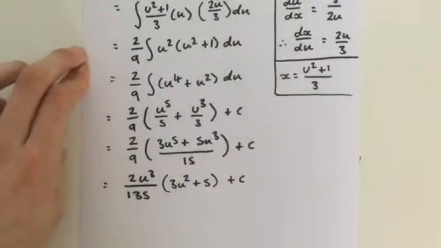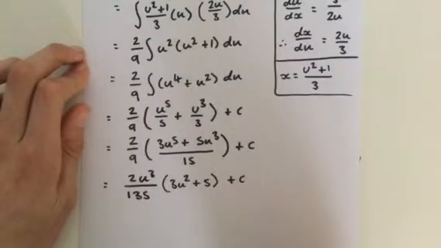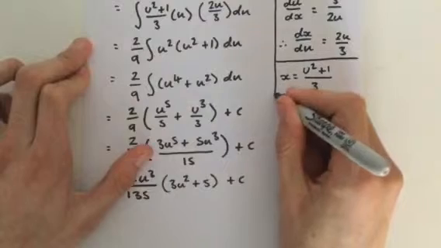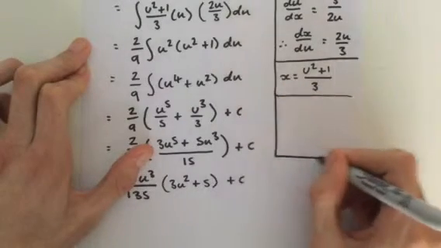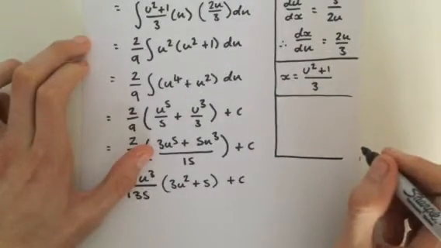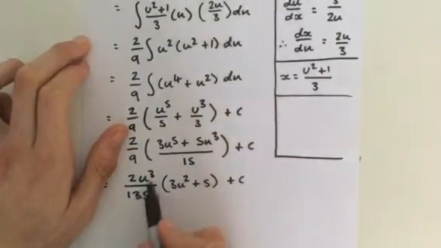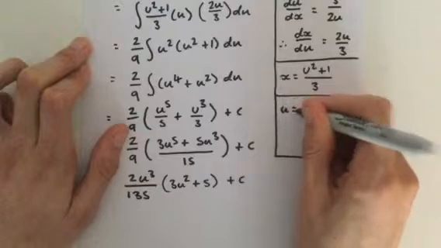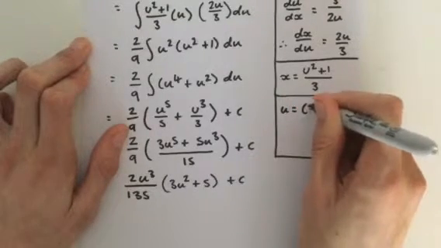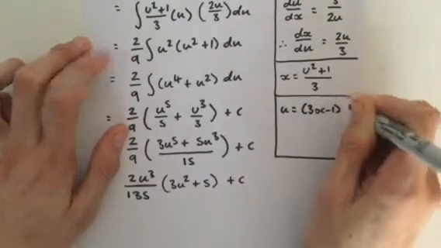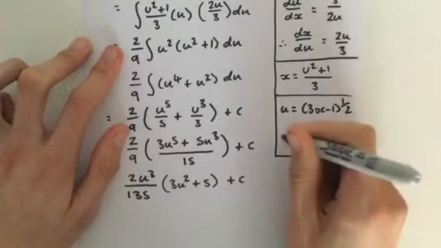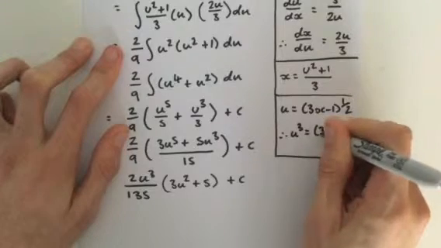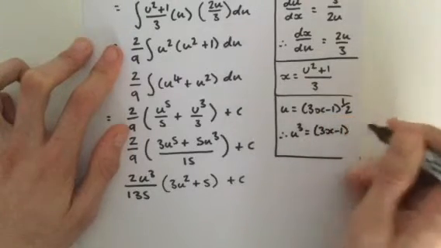Okay, so we're almost there. So we've got u's. We just need to put the u's in terms of x. So let's do another box. u cubed. What is u cubed? So u is equal to the square root of 3x minus 1, which can be written as 3x minus 1 to the power a half. So therefore, u cubed is going to equal 3x minus 1 to the power